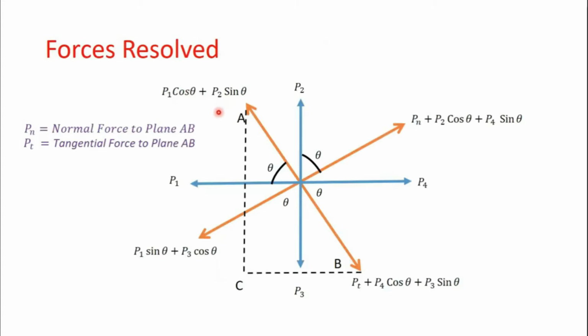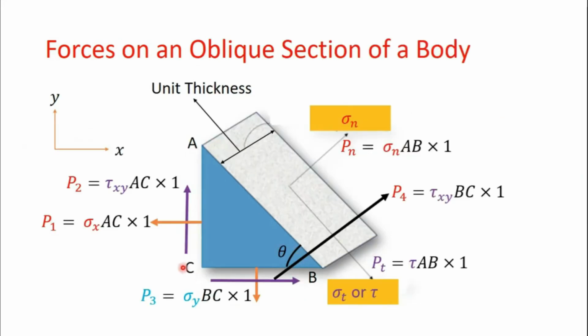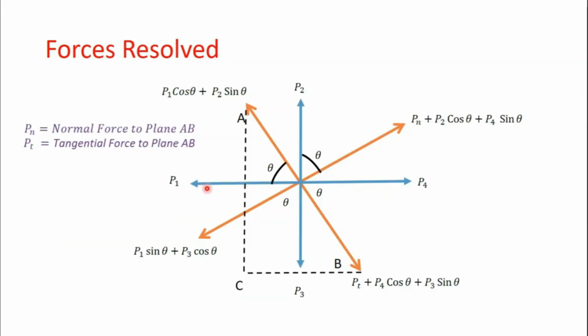Now resolving the forces P1, P2, P3 along the plane AB and perpendicular to the plane AB. Again, this is the same triangular element which we have considered earlier, triangle ABC. Since we all know that P1 is in the left direction, P2 is upside, P3 is downside, and P4 is right side, accordingly we have taken the components of P1 along and perpendicular to the plane, in the way we do in mechanics. That is, for P1, one component is cos theta and one component is sine theta.